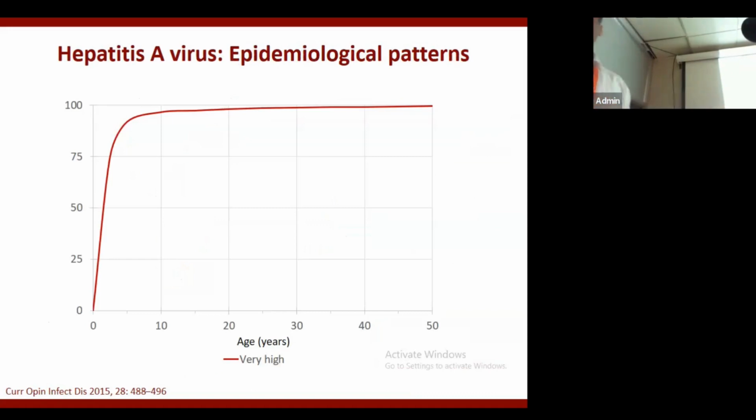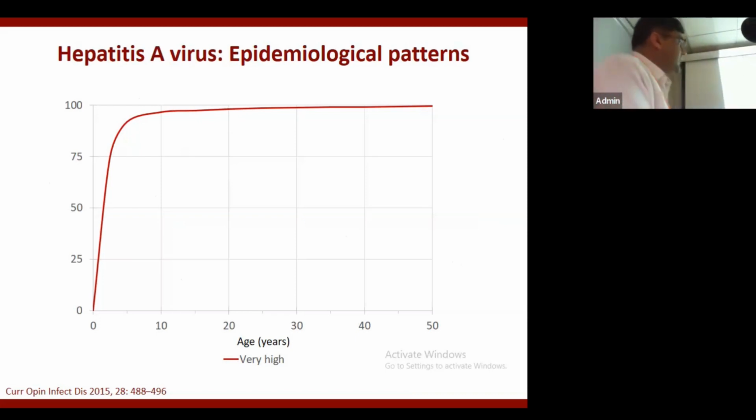This is an important slide. The next 4 slides are very important to understand about hepatitis A. This is typically seen in what is called the hyper-endemic pattern. Your x-axis is showing the age of the participant, meaning the population, and the y-axis is showing the proportion of people who have hepatitis A antibody in their circulation. This is the hyperendemic pattern which is seen in India and other countries in the Southeast Asia region.